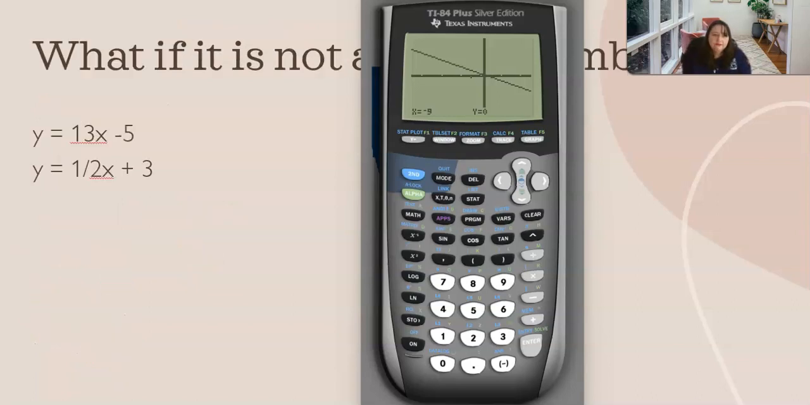Let's try another one. This one, a lot of times we'll use substitution or elimination because it's not going to give me a whole number. So let's go ahead and hit the y equals. We're going to clear out what we have. And we're going to put in 13x minus 5. All right, the next one I'm going to put is 1/2 x plus 3. And I'm just going to graph those, okay? I want to look real carefully just to make sure I put the right thing in. I hit graph,